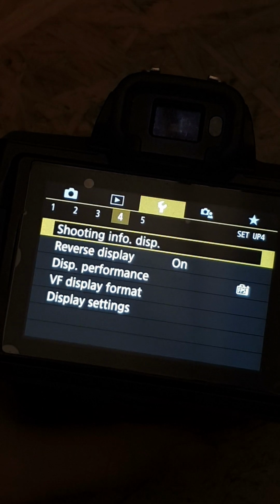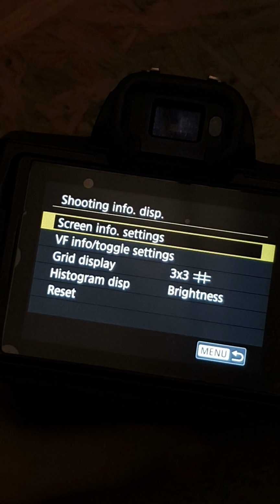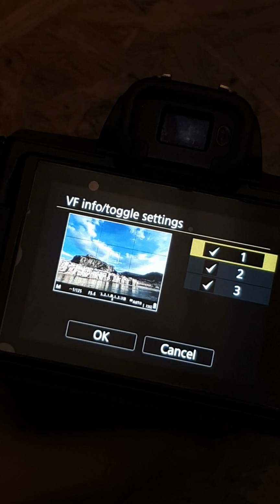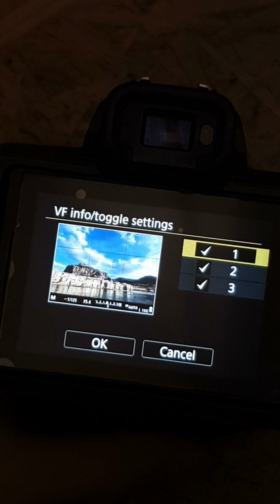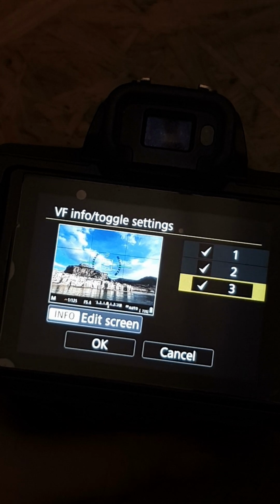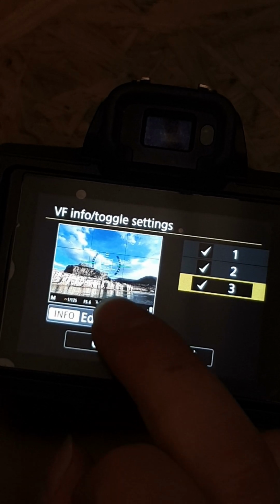Now for the viewfinder we need also shooting info display and then viewfinder info toggle settings. Now here we only have 3 different options. So cycling through the info button on the viewfinder will cycle through these 3 different options which you now can set. Now again, if you have this check marked, then this means this would be activated by clicking through them. Now I have it set to the third screen, and if I click on edit screen,